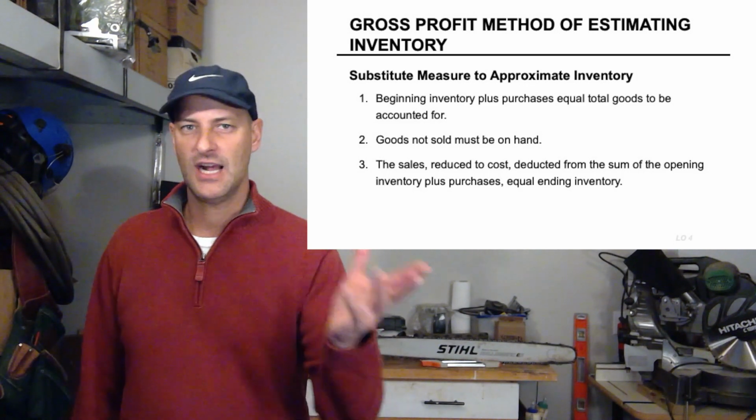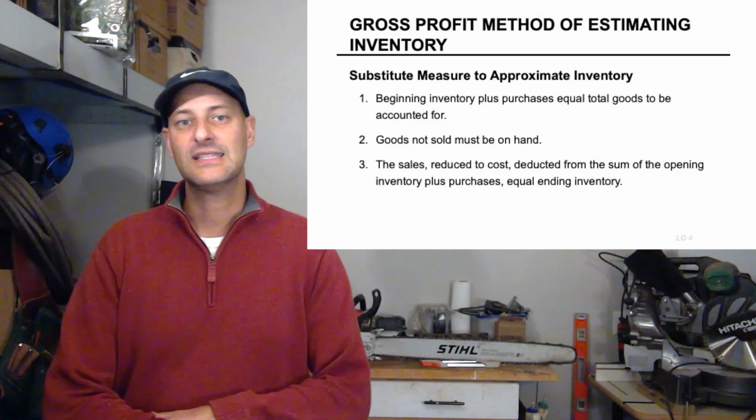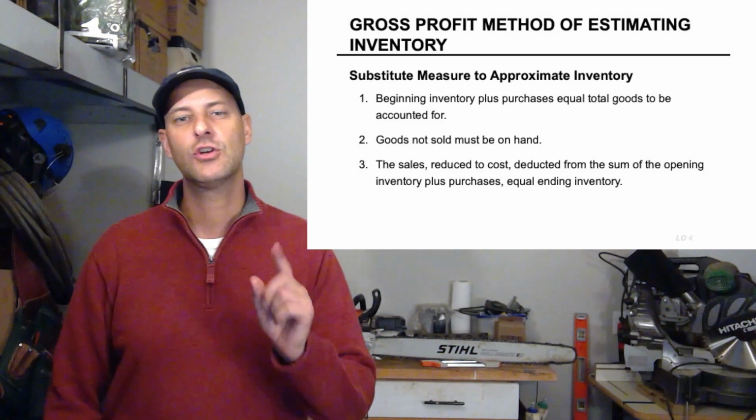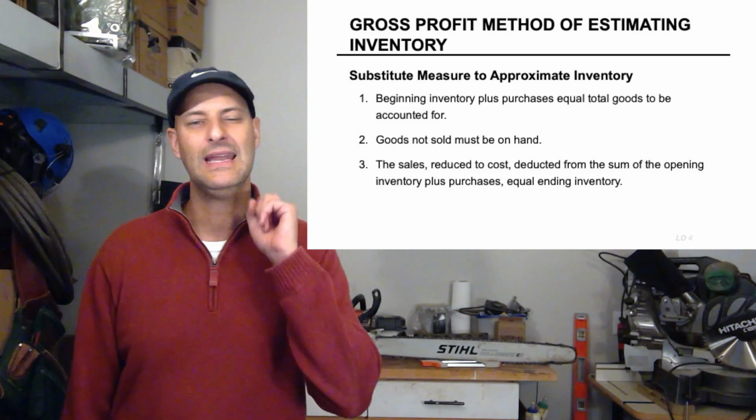Now, goods not sold must be on hand. That's pretty straightforward. Now, the sales reduced to cost deducted from the sum of the opening inventory plus purchases equals ending inventory. That's a really fancy way of saying, well, if we typically sell inventory and the cost is, let's say,